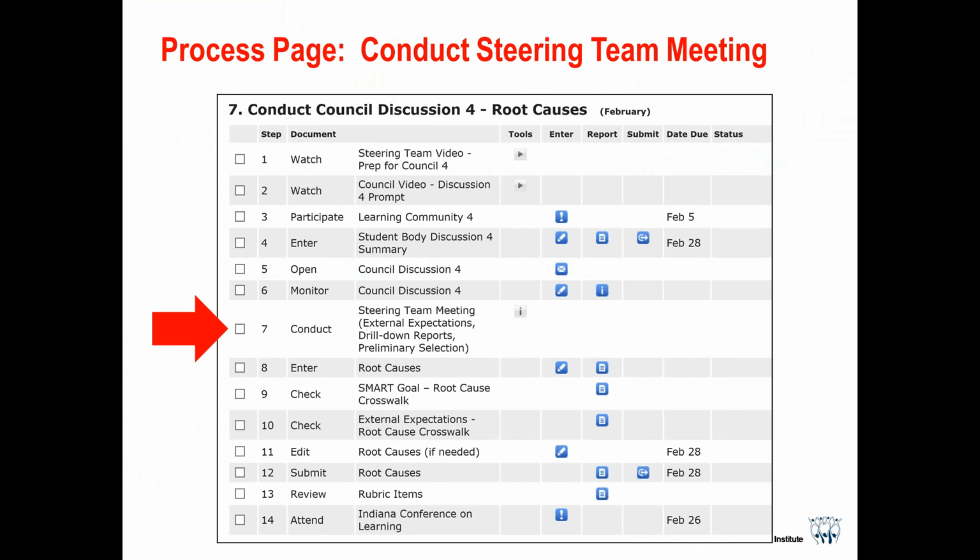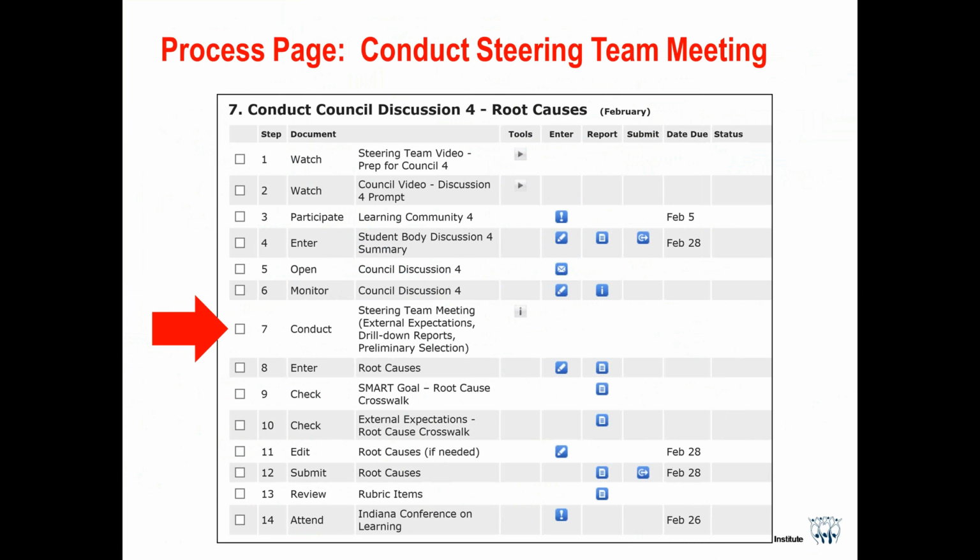So after the discussion, if we look here, this is a picture of the process page, and we've worked up to step 6, which was monitor the council discussion, and now we're moving on to step 7. Step 7 says that you're going to conduct a steering team meeting, and explains that during that meeting you'll be looking at external expectations, drill down reports, and then making a preliminary selection.